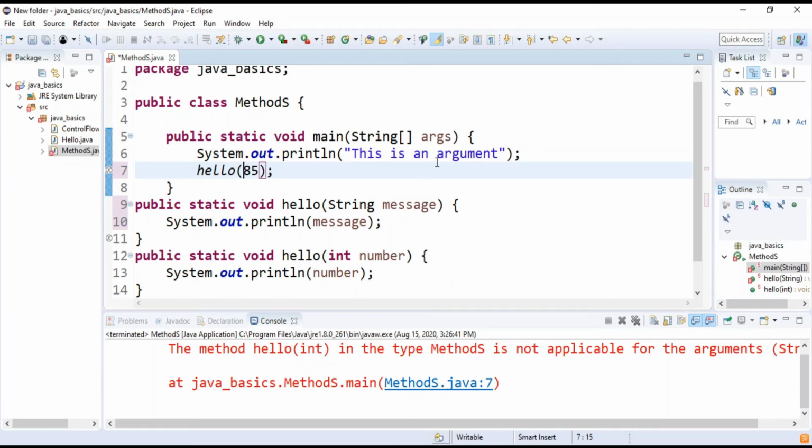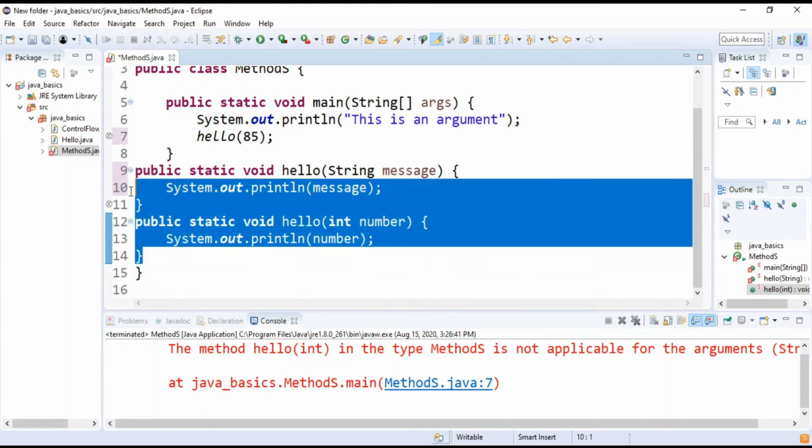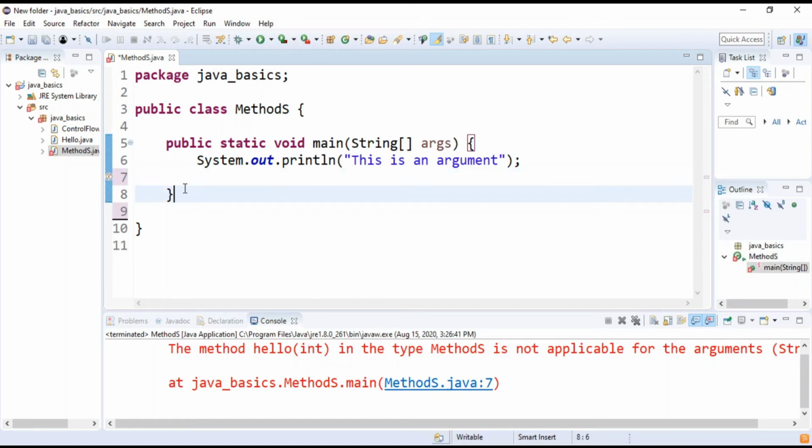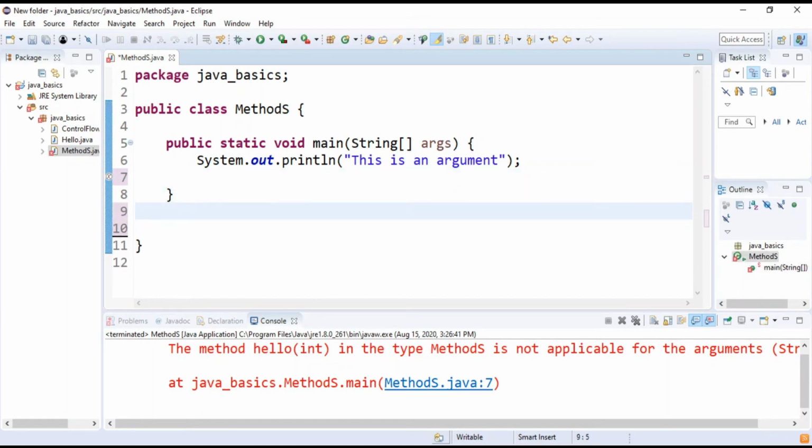Now here you have seen we can concatenate the strings, right? We can pass more than one variable here. So let us create a function that accepts more than one argument. First of all, let me clear this out, and we will create a function again: public static void moreThanOne.